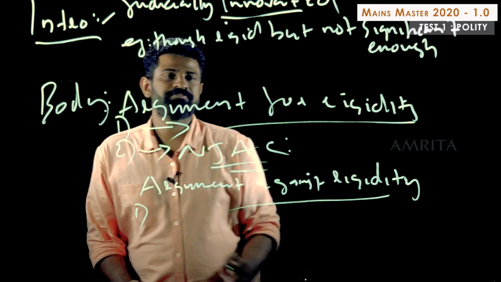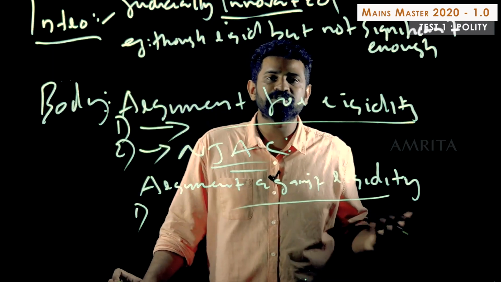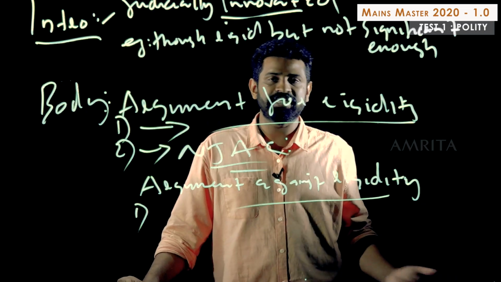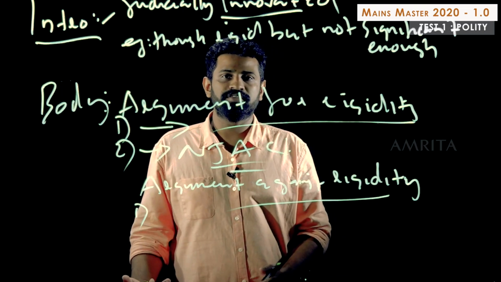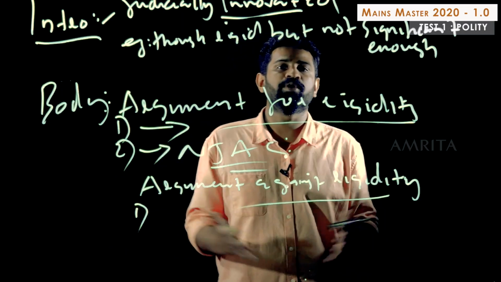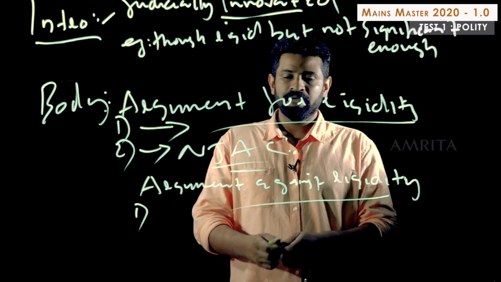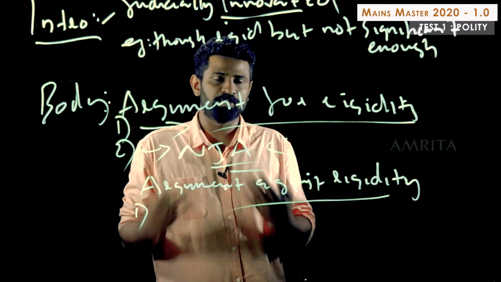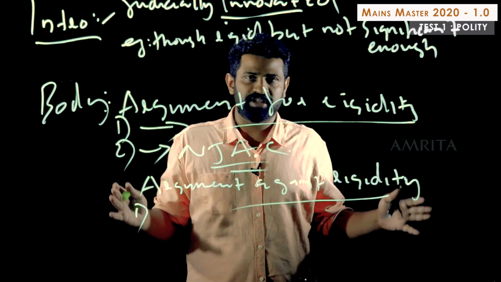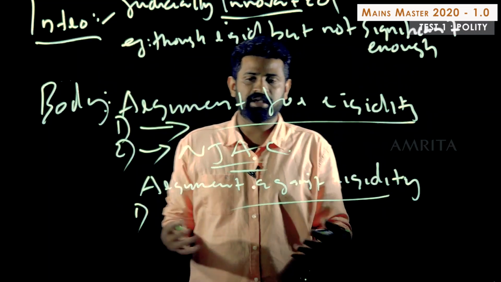So first thing, when did this basic structure come into being? It came in 1973, right? So just recall, or just think for yourself, the important amendments that came after 1973. And you could use that as an example to prove that the Constitution is not rigid, as some critics make us think.